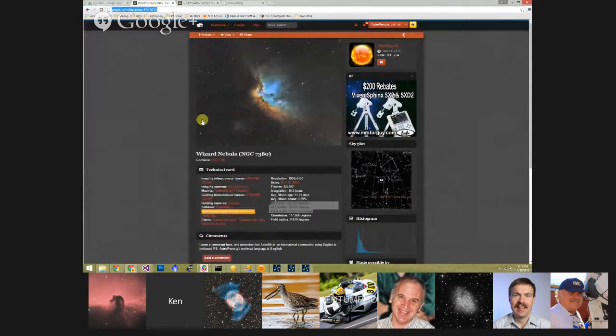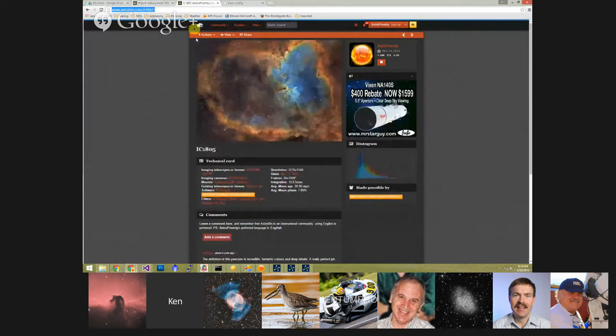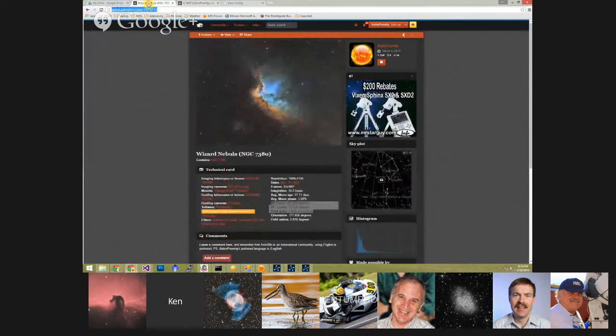If you're cruising around Astrobin and you decide you want to center here, just take a look down here at the tech card and make sure that this data is here. If you look at the tech card and it looks like this, unfortunately you cannot use that. So anyways,